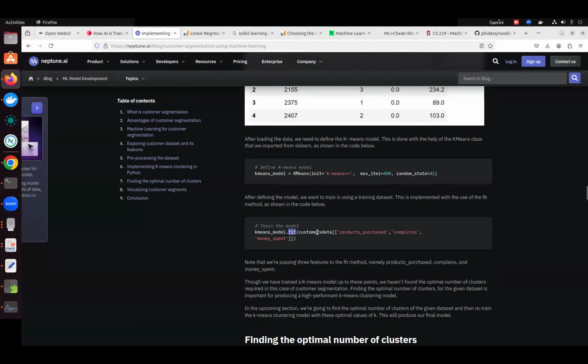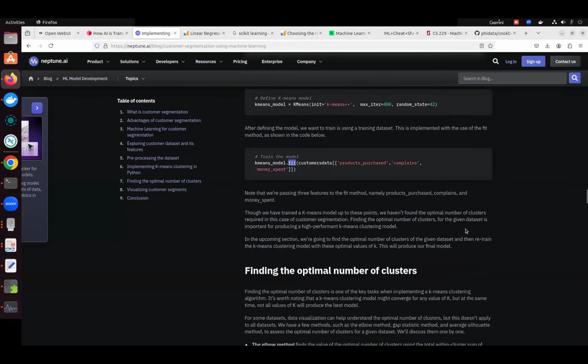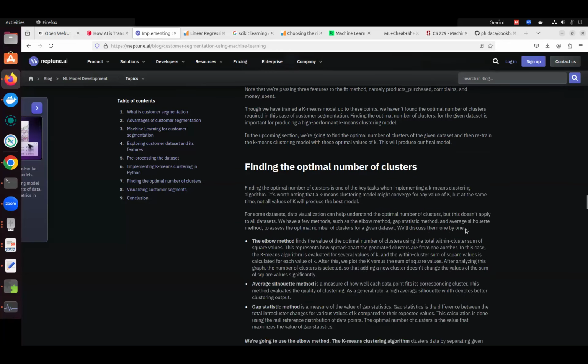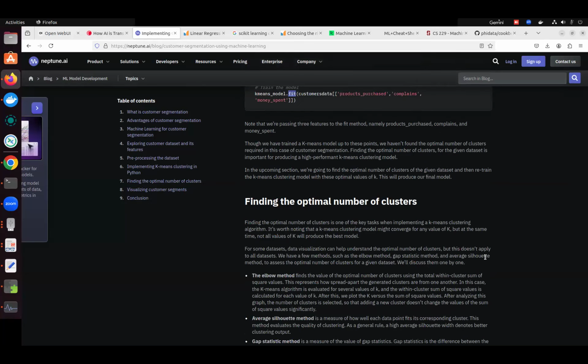So with this simple statement, with the provided data, the k-means is going to be fit for the given data. There are any number of libraries, but here we're only sticking to scikit-learn. Once the algorithm has run, it will identify the clusters of different users, and from that you get to know, okay, this customer is of this kind of nature and